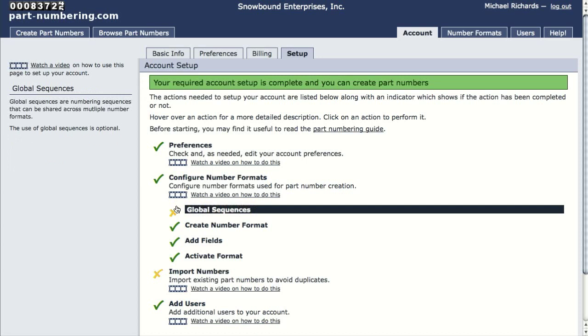That's a quick description of how you can use the account setup page to quickly and easily set up your